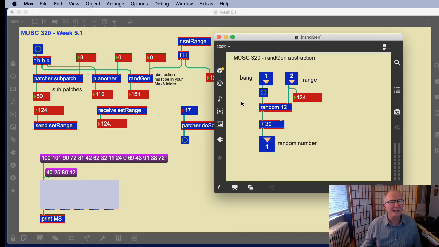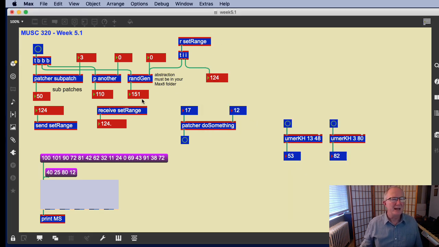It's an abstraction that has no arguments, so it's sort of like the first version that we created. This is just really not a particularly useful random generator because it doesn't have arguments, and it can only be used always for generating the same values. So let's leave it there, and we can deal with it next week